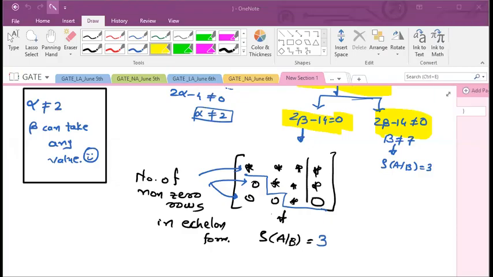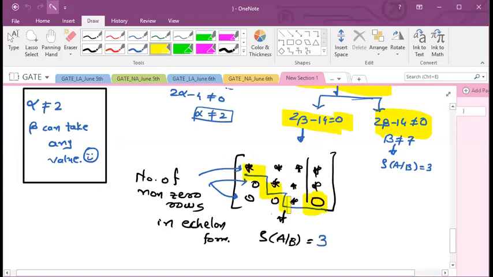Okay, welcome back everyone. So we were discussing this, right? If this element is 0, see here carefully, if this element is 0, then also it follows all the conditions of row echelon form. So after converting into its row echelon form, if I'm finding its number of non-zero rows, they are 1, 2 and 3. All these 3 rows are non-zero rows. So its rank will be 3, isn't it?